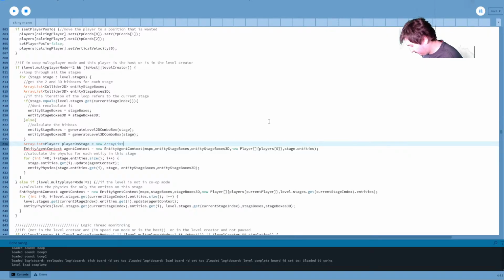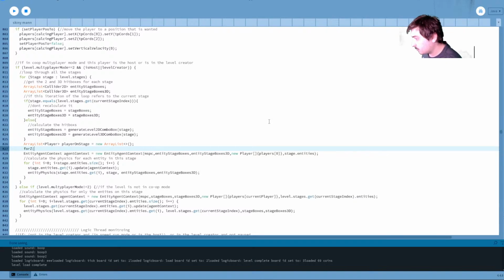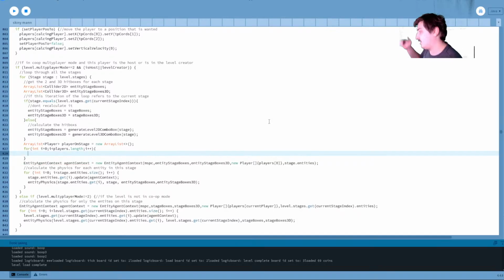Go for int i, players dot length. I forget how I check how many players are actually supposed to be in the game. I should do that. Oh well, I'll just go through all the players.